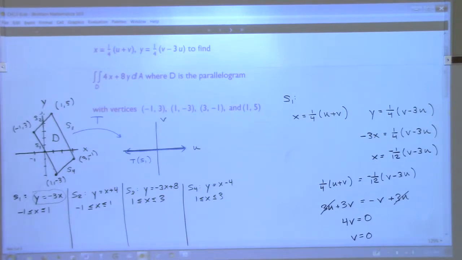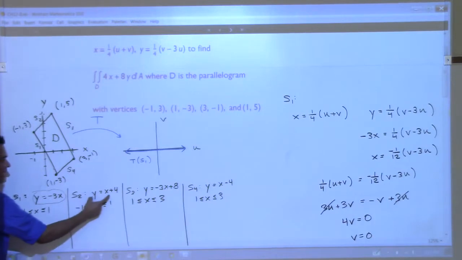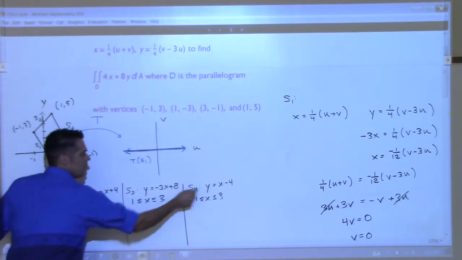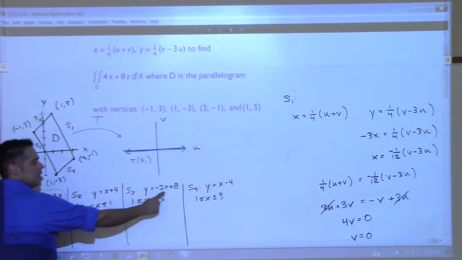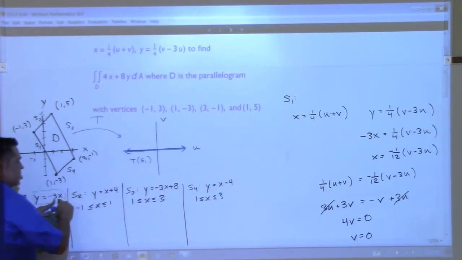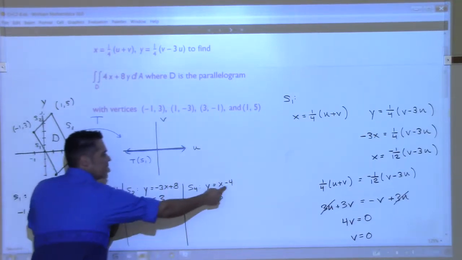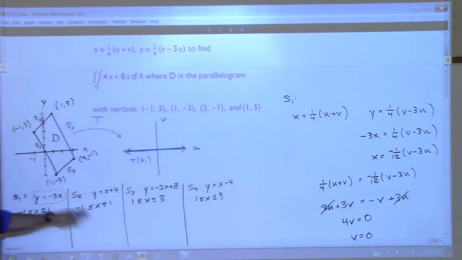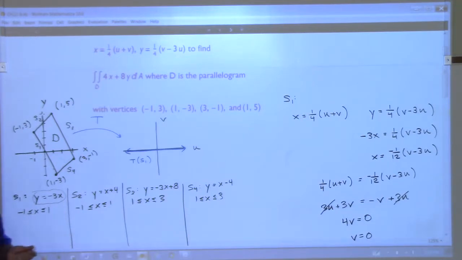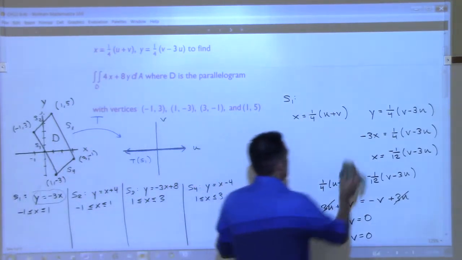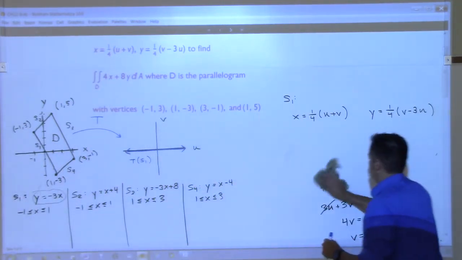Now, do you want me to go through the transformations for each one, or maybe just do one more? How about I do this one? Because this one and this one look different, don't they? Like that's different than this. But these are very similar to those two. Like this one has the same slope, right? This one has +8, this one doesn't. This one's +4, that one's -4. So I think if we do these two, then I can trust that you could do the next two on your own. Yes? Okay. So now, to do S2,